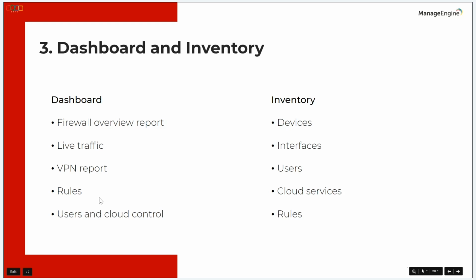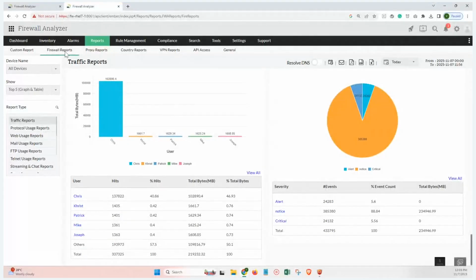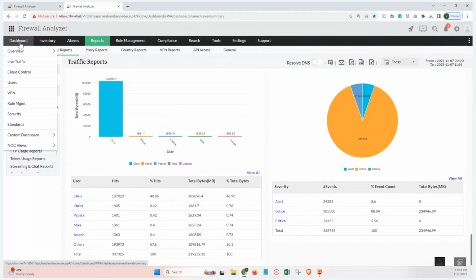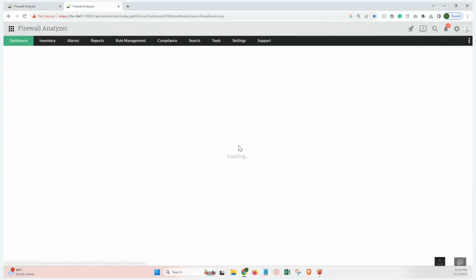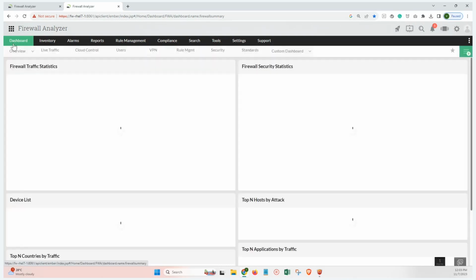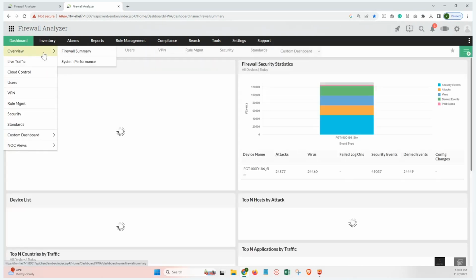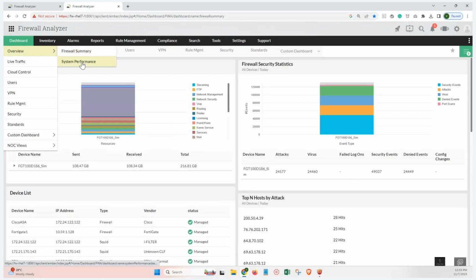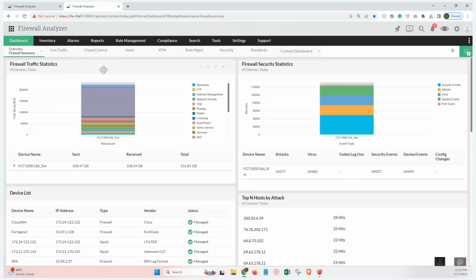So in addition to dashboard, we also have inventory reports. But before that, let's take a look at the dashboard in the product. So for that, I'm taking you to our product, and to access dashboard, simply click on the dashboard button, and under dashboard we have two different dashboards, and that is we have two different overviews, which would be the firewall summary and system performance. So what you're looking at is the firewall summary overview report, and